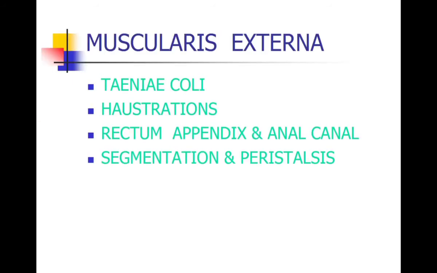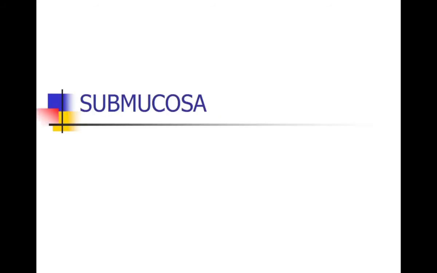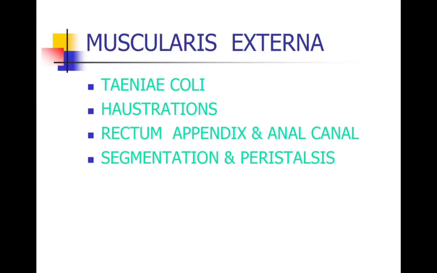And what about the submucosa? Submucosa of the colon is the same. It has nothing, just the connective tissue, dense irregular connective tissue, which is very vascular. It has the Meissner's nerve plexus inside. There are collagen fibers, fibroblasts, elastic tissue. The muscularis externa has two layers, the inner circular layer and the outer longitudinal layer.